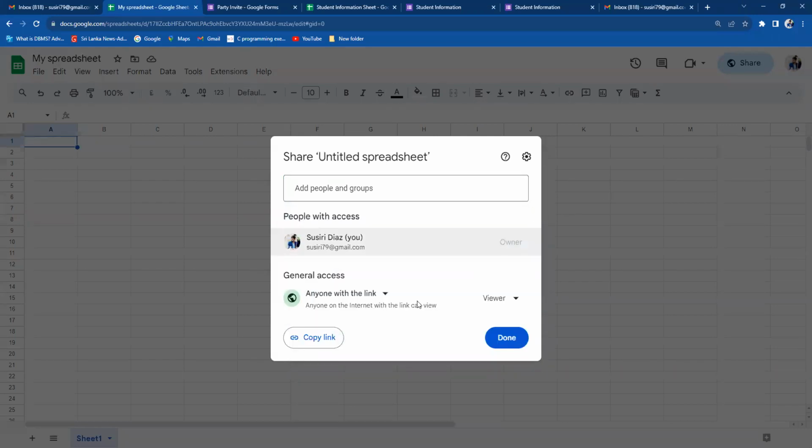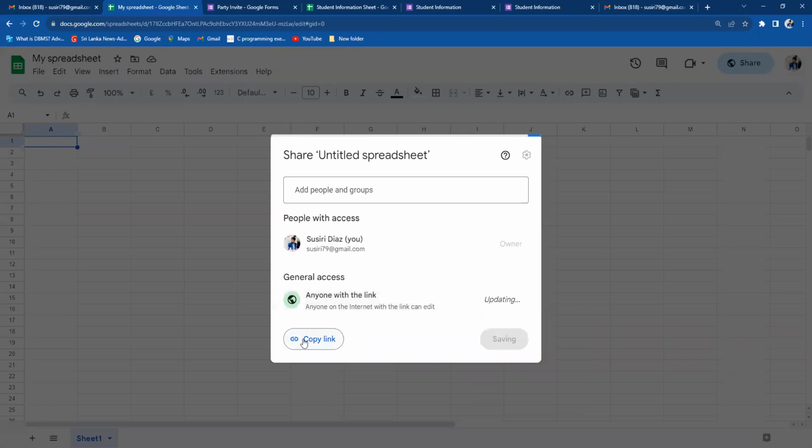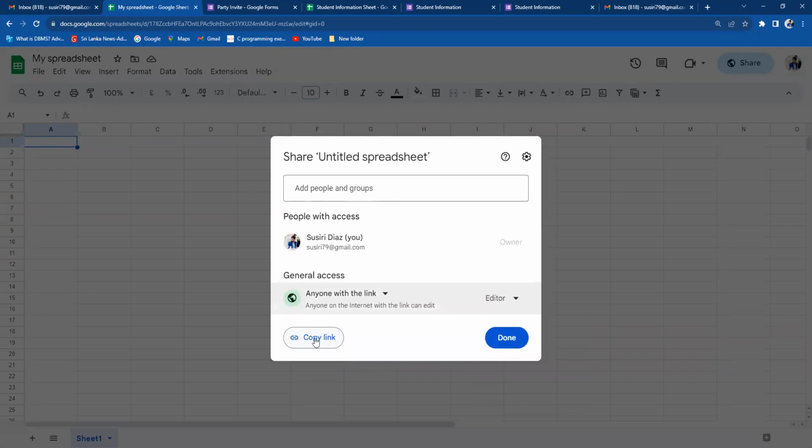But from this option, we can give access to several people. The simple meaning is anyone with the link. If I send this link to 10 people, then those 10 people can edit the data. In here also, we can change the role. If I change this to editor, then if I send this link to 10 people, those 10 people work as editors. If I keep it as a commenter, then if I send this link to a person, that person is